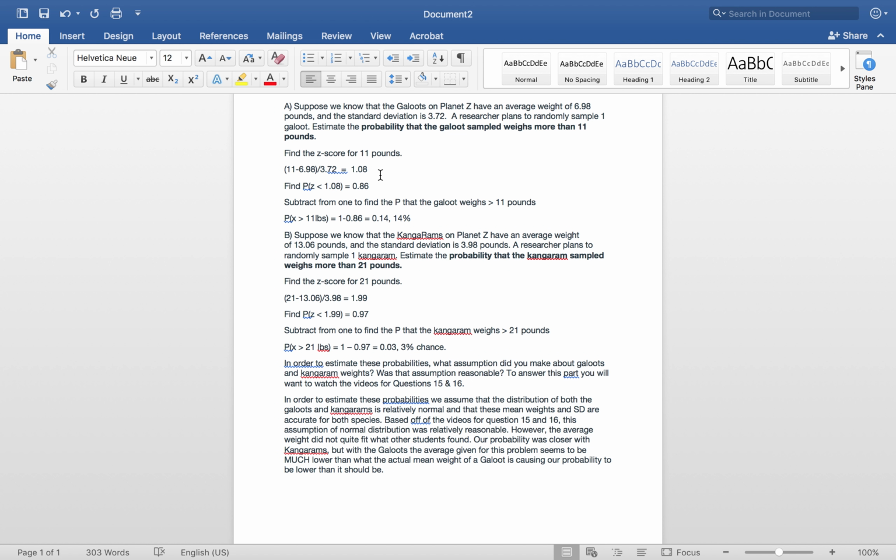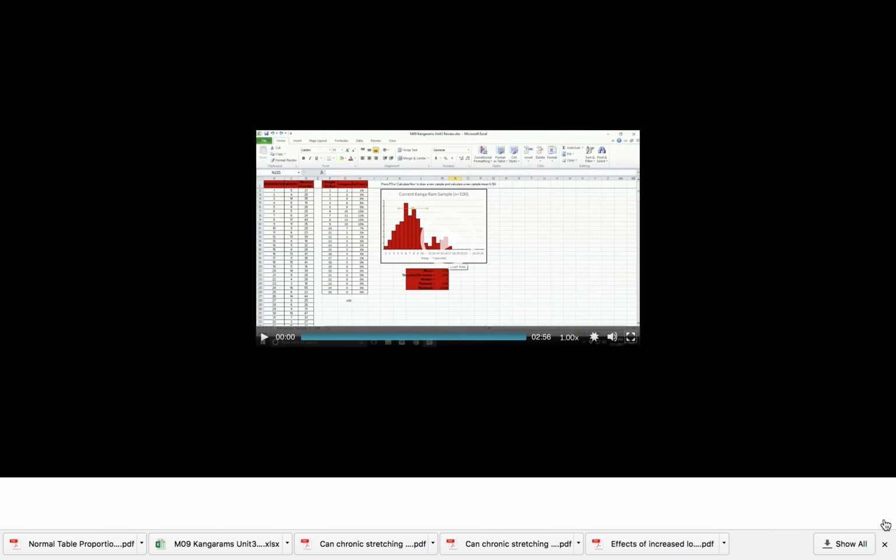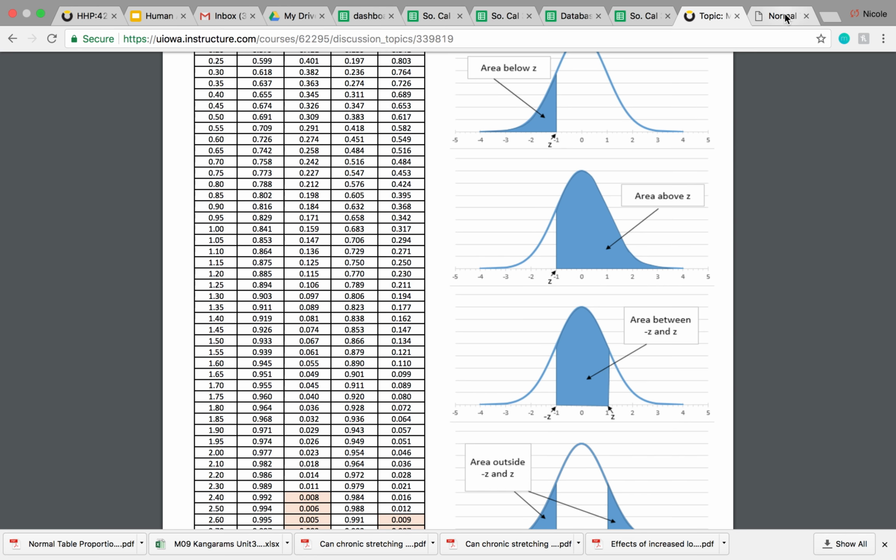We'll go to the normal table in just a second, but just a quick note: if we wanted to find how many weigh less than 11 pounds, we would find the probability that Z is greater than 1.08. So I hope that makes sense. So we're going to go over to the normal table real quick. Let me get out of this. And we will find